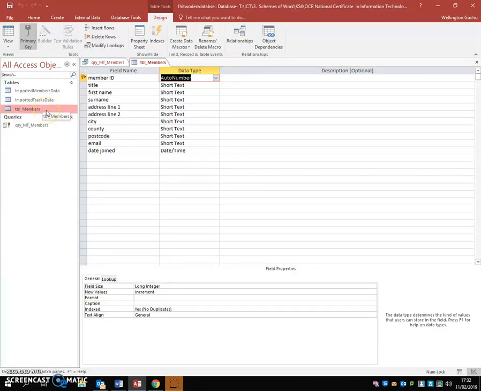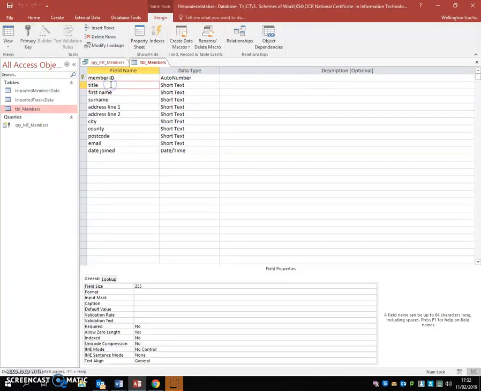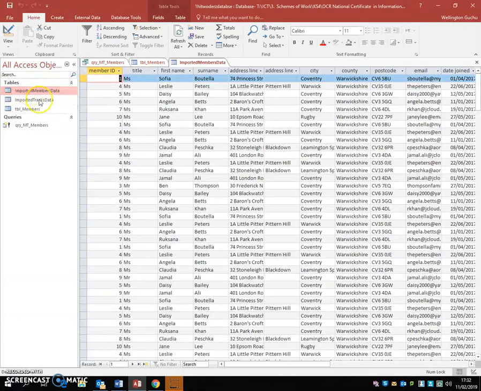Okay, so I'm ready to put new data in there. Now if you look, for example, at the title, I can actually decide what titles we can have. So we can have a validation rule that restricts the titles that I can put in here. For example, I'm just going to go back into this members table and see the sort of titles that